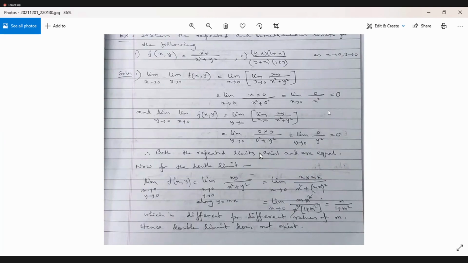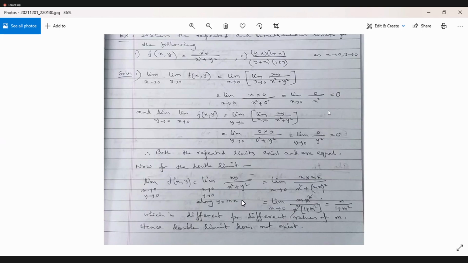So we'll put y equal to 0. After that, we'll make x tending towards 0. Or if you move along the y-axis, its line is x equal to 0. Its equation is x equal to 0. So we'll move along the line x equal to 0, towards the origin. Wherever the x term is there, we'll put that equal to 0 and we'll make y tending towards 0. Okay.